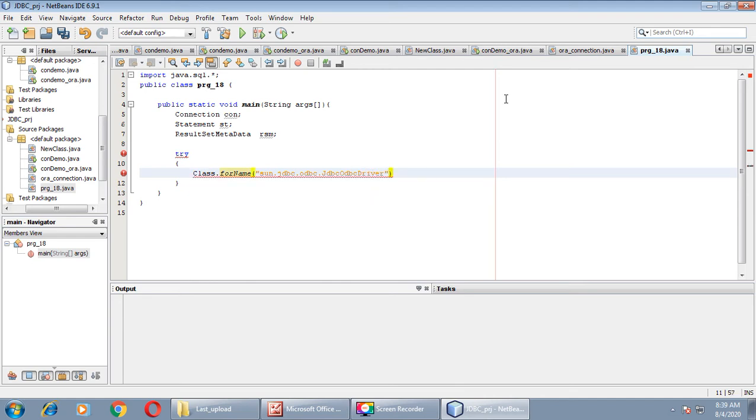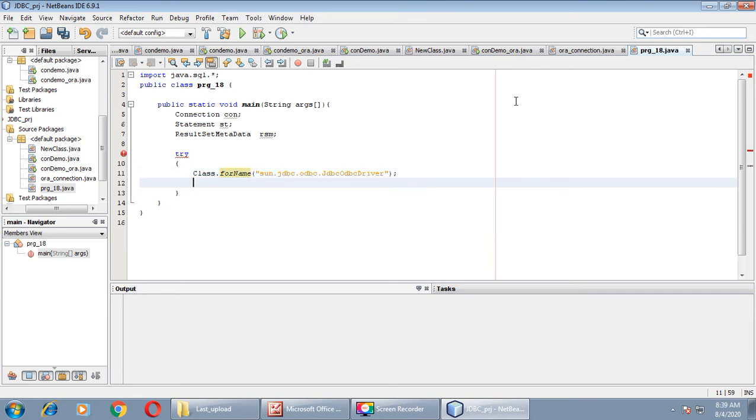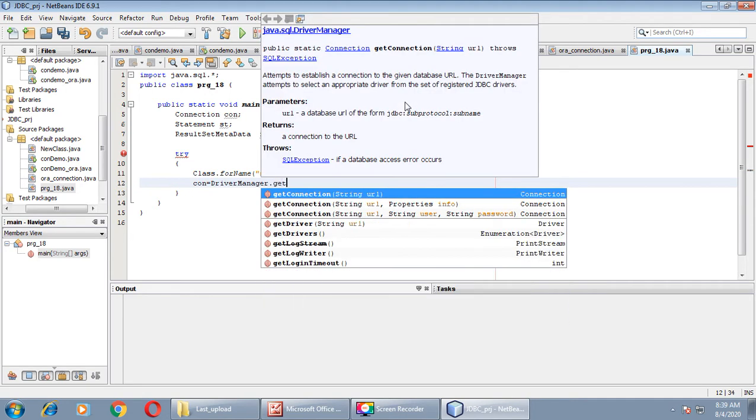That's it. In the next line we'll define a connection string using DriverManager.getConnection.